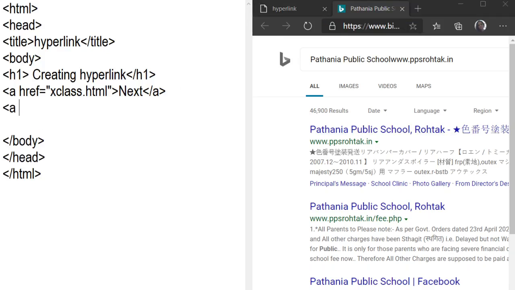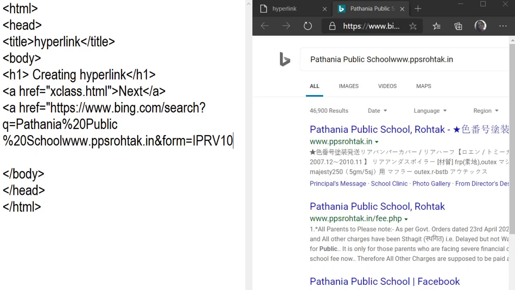The name of the tag is a, then href, hyper reference, attribute of the a tag is equal to inverted comma start, and you can paste here the link of the website, inverted comma close, then angular bracket close, and then write down the hypertext.